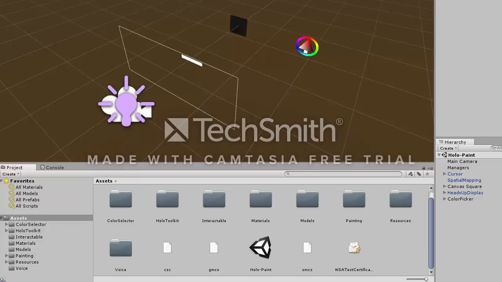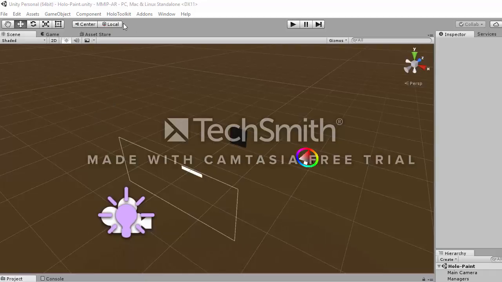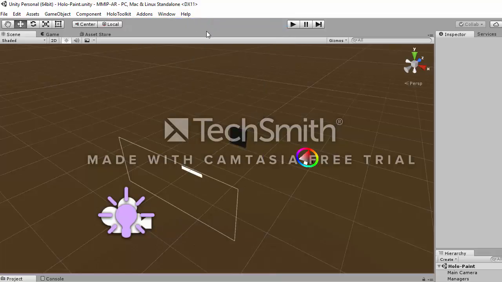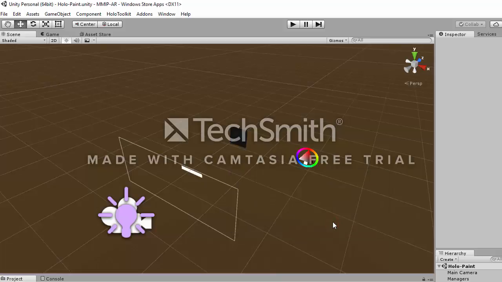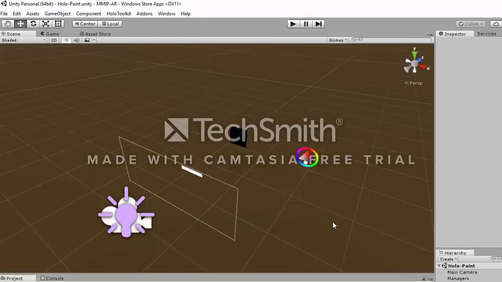So if you do have the Holo Toolkit installed, you will get a little menu box up here, Holo Toolkit. Go to Configure and apply HoloLens Scene Settings, and then apply HoloLens Project Settings. When you do select Project Settings, it's going to require a reload, and just hit yes to reload now. Unity will close and it will restart. So now with that done,